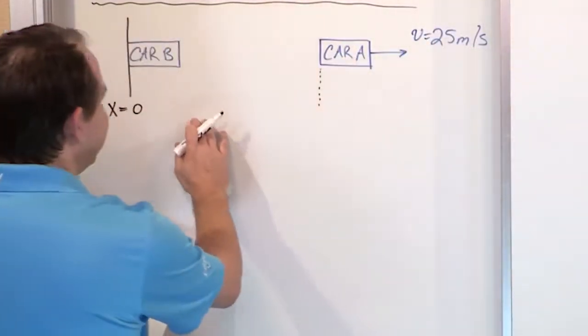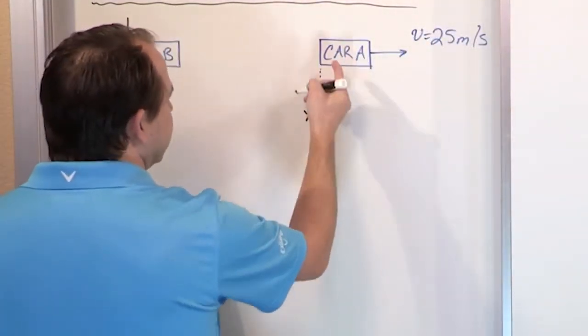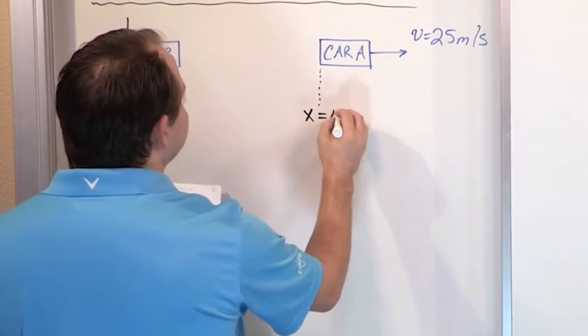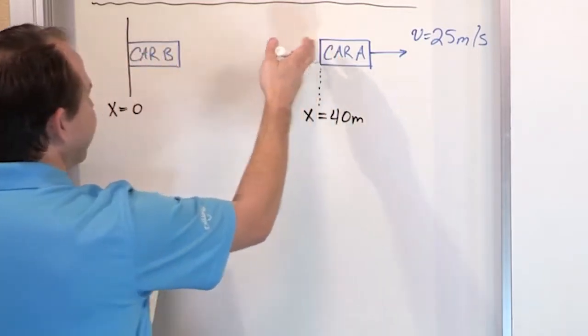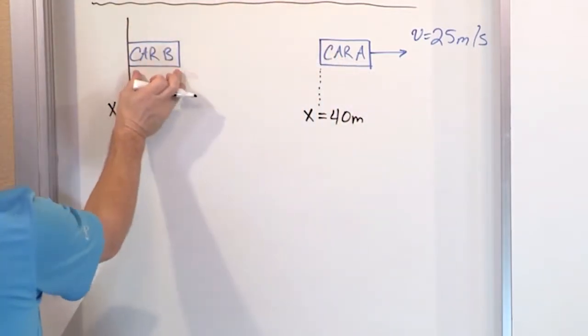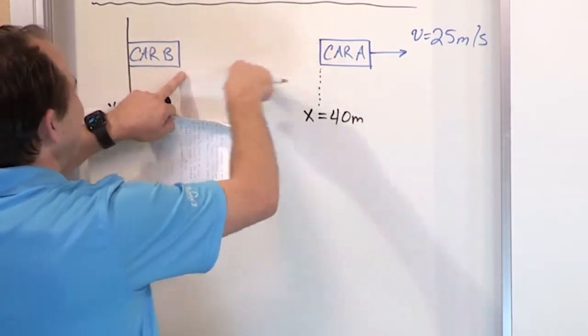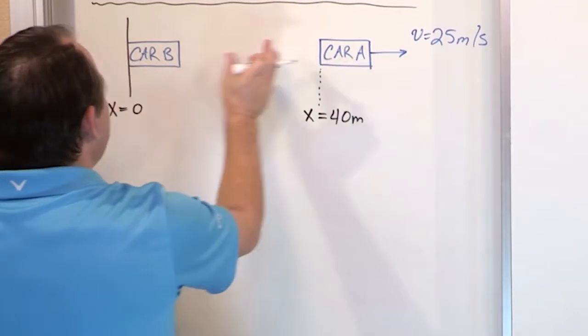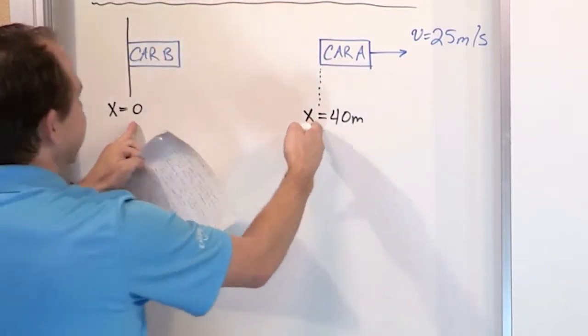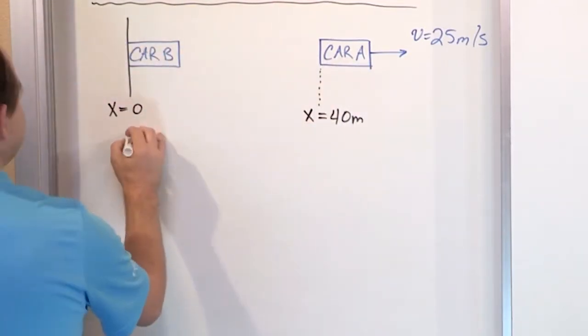So the way I'm going to do it here is I'm going to say that this position here, when the action starts to happen, is 40 meters, when this car is 40 meters ahead of this one. Of course, if this car has some length to it, the collision is really going to be at less than 40 meters. But if we take the cars to be these tiny little dots, then really they're 40 meters apart. So if you want to just be explicit, you could